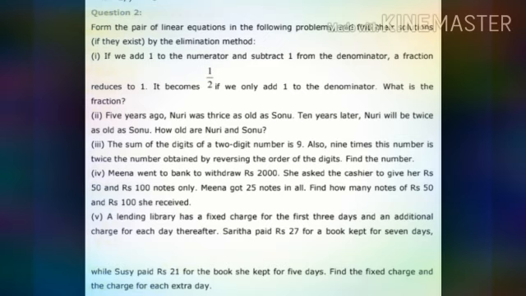Now see the question. Sum of the digits of a 2-digit number. A 2-digit number will have two things, unit place and tens place. So we have to consider the digits for both, let them be x and y, and it is given the sum is 9. So we can make the condition. Similarly, 9 times this number is twice the number obtained by reversing the order of the digits.